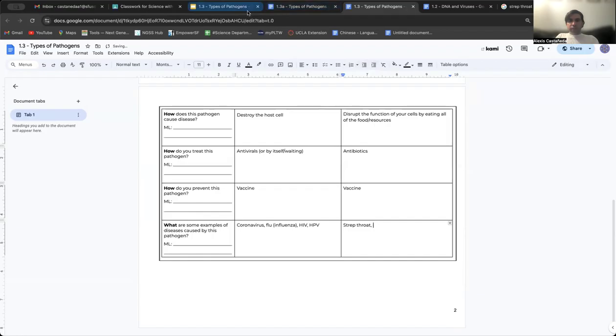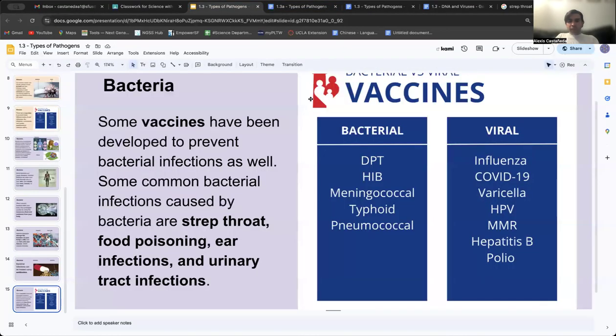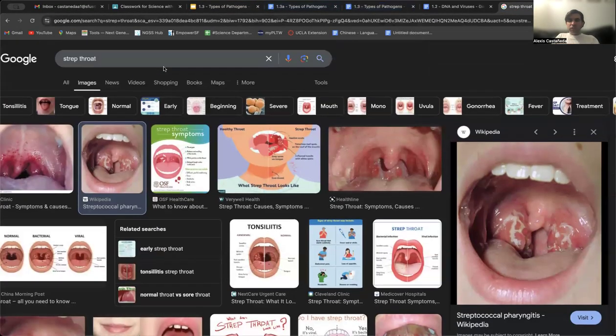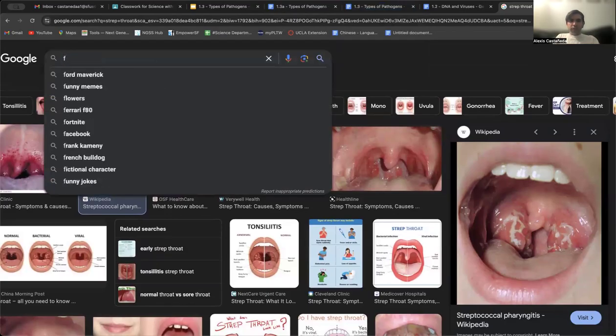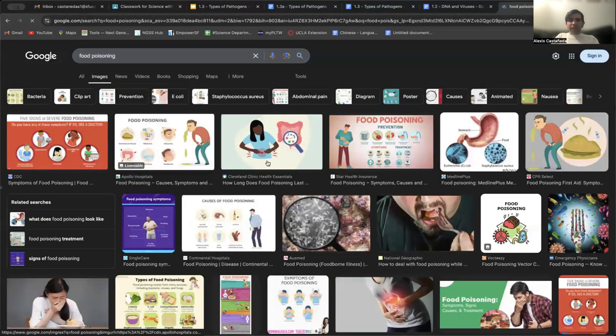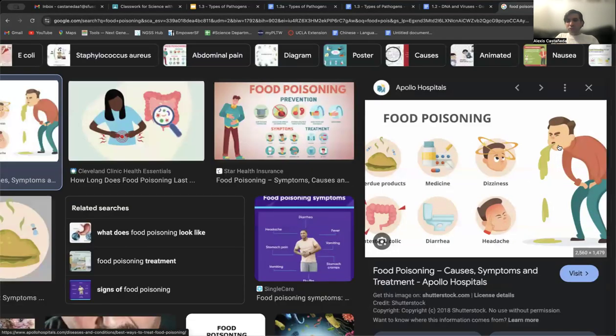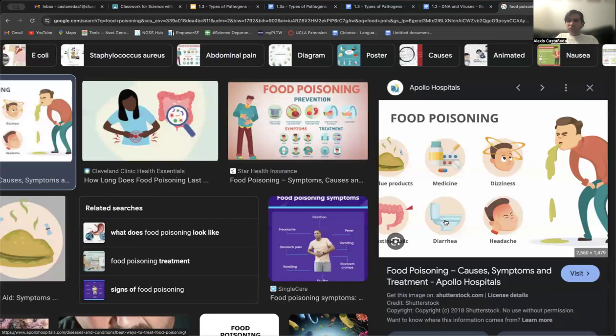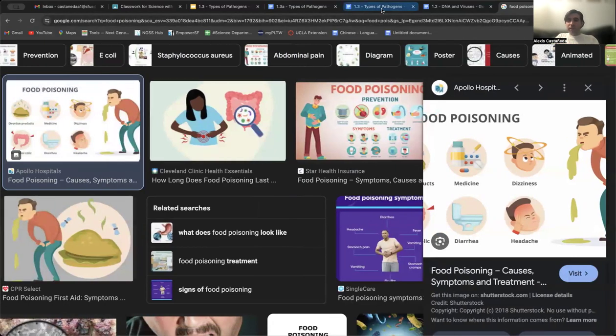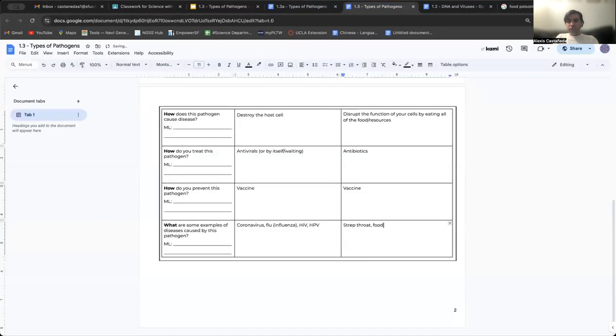What else is there? Let's see. Well, we have food poisoning. So maybe sometimes you eat food and it just feels really bad. Food poisoning means when you eat something, it just hurts really bad. Sometimes you throw up, sometimes it gives you diarrhea. You just feel really, really bad. These are from bacteria. So food poisoning, it's not an actual poison because it doesn't kill you, but it can make you very